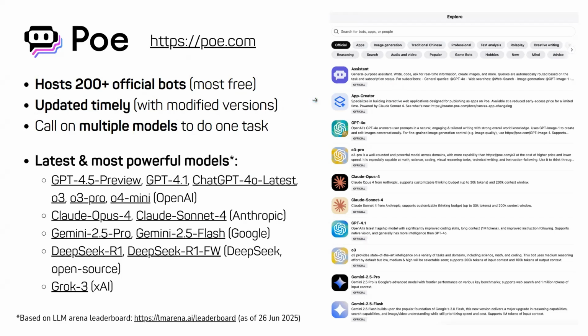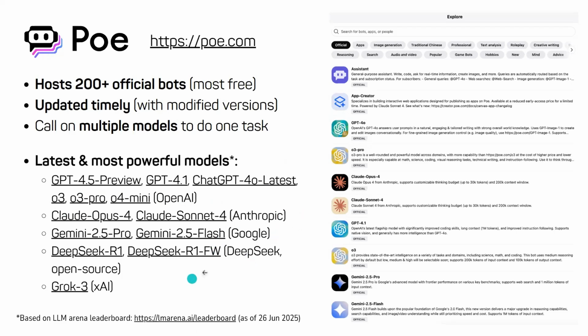Okay, and on one platform, you can also call different bots to work on the same question or same tasks. And the latest powerful models on this platform include those from different companies: from OpenAI, the GPT 4.1 for all latest, and some reasoning models like O3, O4 Mini, and some latest models from Anthropic, from Google,